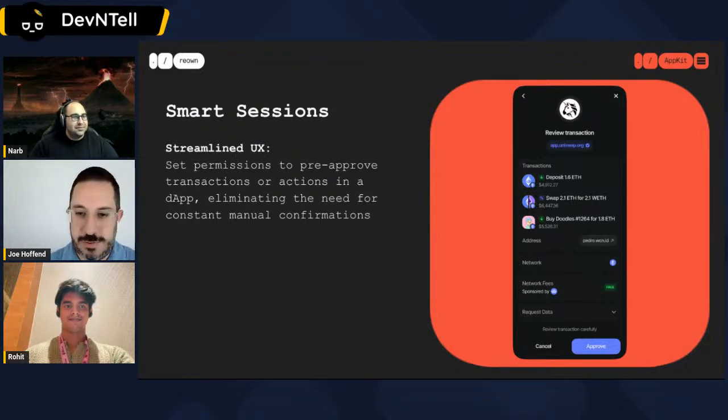What Smart Sessions allows for is that you can establish a permission between your account, your wallet, and Uniswap, and say, hey, every Friday, buy me $100 USDC worth of Ethereum, and I'm going to set it and forget it. And that's just going to happen now behind the scenes. So you don't have to be there to sign the message. You don't have to worry about it. And this is just a huge unlock in terms of all the other possible use cases that can occur now.